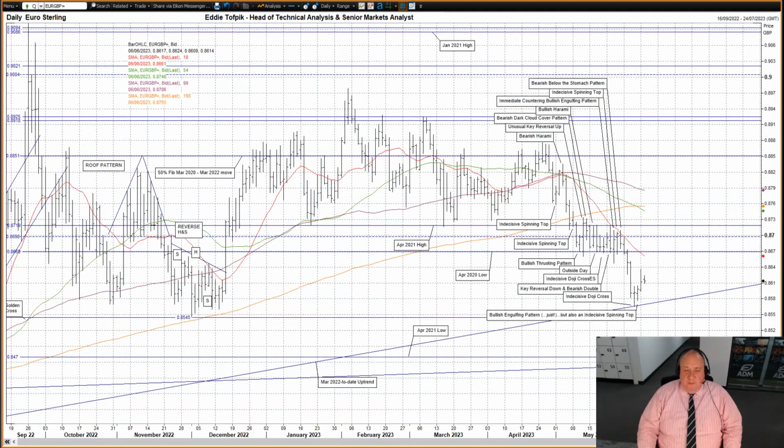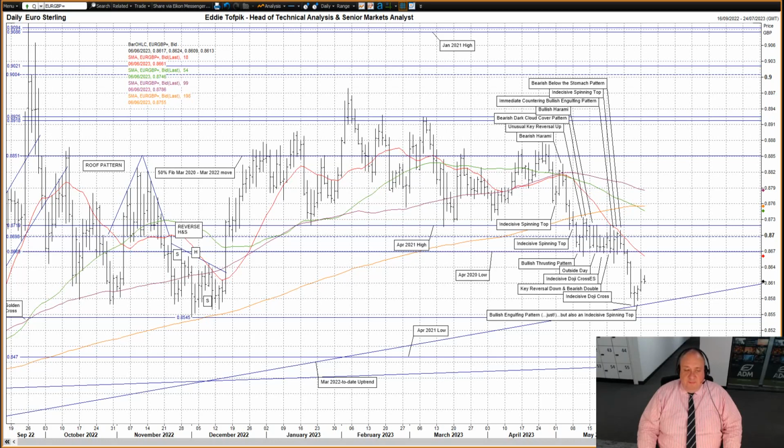Euro sterling. A third bullish white soldier yesterday, though it was perhaps the first or maybe the second that actually looked like one. Nevertheless, the market did halt and then turn up and away at the 85.80 zone, a region which, as I recently said, day before yesterday, and I quote, "I would look for the closes and lows from October, November and December last year down around 85.80 as perhaps being a better region of support," end of quote. Overhead we have significant resistance at the 86.69 area from the lows of May.